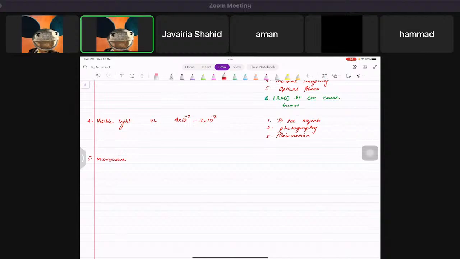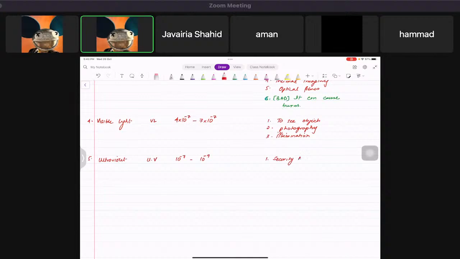Now, microwave, sorry, after visible light we have ultraviolet. For ultraviolet we write UV. Ultraviolet is between 10 raised to minus 7 to 10 raised to power minus 9. And basically ultraviolet is used for